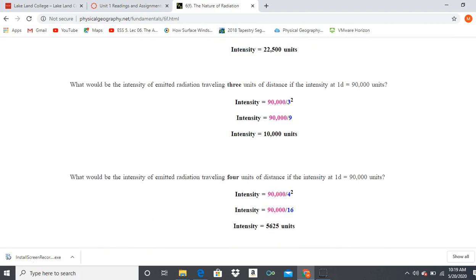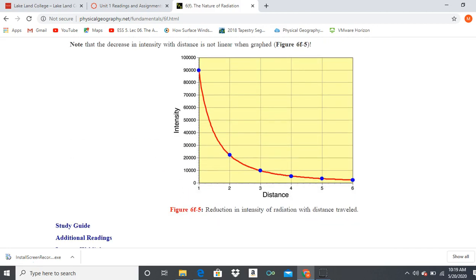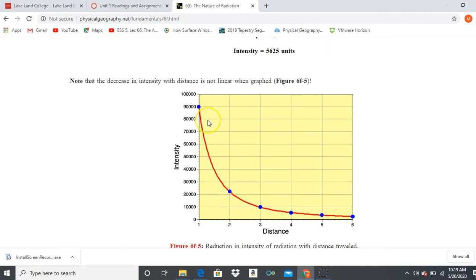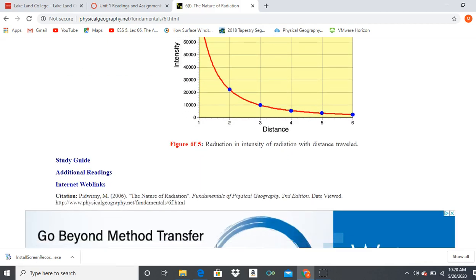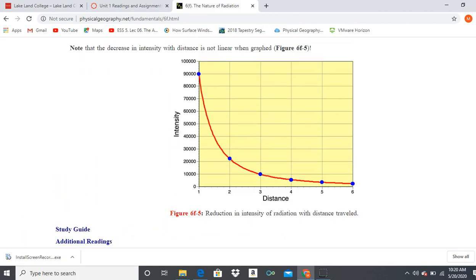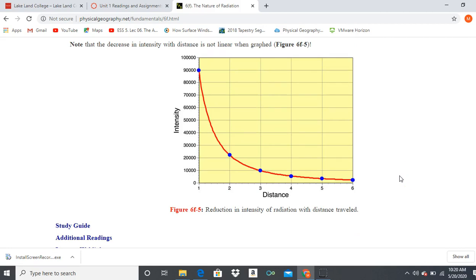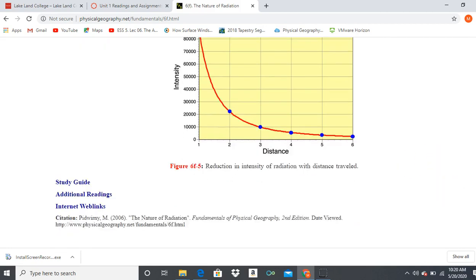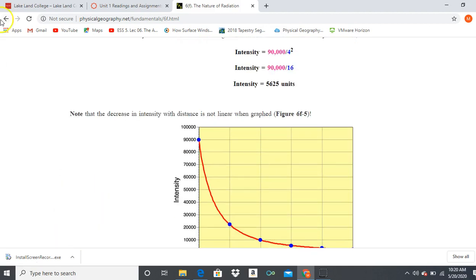So they have these formulas here telling you how much energy, but this is really what shows you the effect. As your distance from the object increases, the amount of radiation you get decreases, and this is called the inverse, or you could call this a negative correlation. The farther your planet moves away from the sun, the less radiation you're going to get from it. And so that leads us to say, well then, what causes the seasons over the Earth? And that leads us to our next topic,